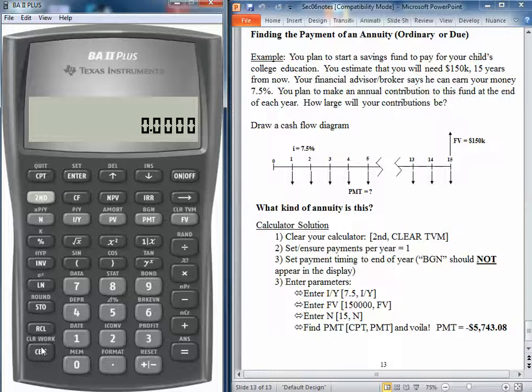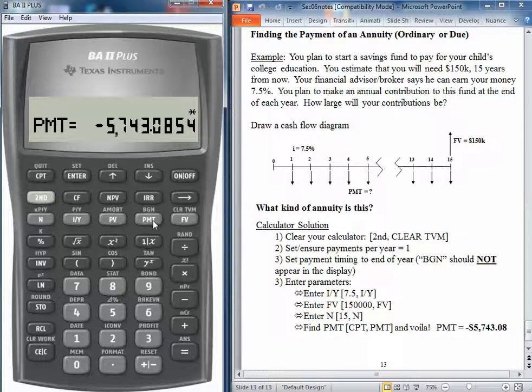Clear that as well. We have 15 equal payments occurring at the end of every time period. We're going to accumulate at an average of 7.5%. We're not going to start with anything, so when we clear time value of money, that actually became a 0. If you want to, you could put a 0 in for the present value. But we want to accumulate $150,000 15 years from now, so I'm going to make the future value $150,000 and compute or solve for the